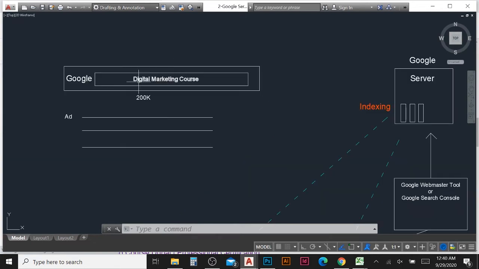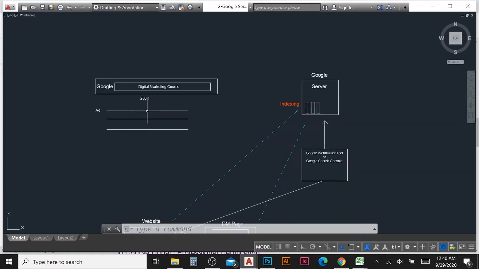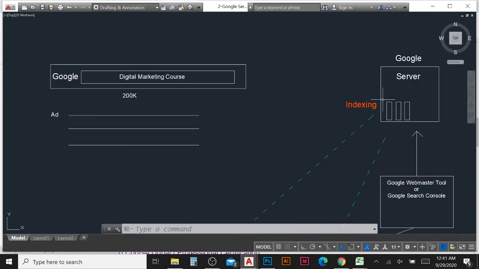After it's finished, when someone searches a keyword about your product or service, whichever file is matching from your website, Google will also pick that file. They will filter it and put it somewhere in this list. We cannot say it will be on the 10th page or on the first page. Maybe it will not be on the 10th page, but somewhere they will list it. Then finally we will bring our website page to the first page of Google search. That we will do with off-page SEO techniques and everything. Then we will get that. So for now, our first goal is to bring our website's file to the server, and they should filter your file if someone searches your keyword.